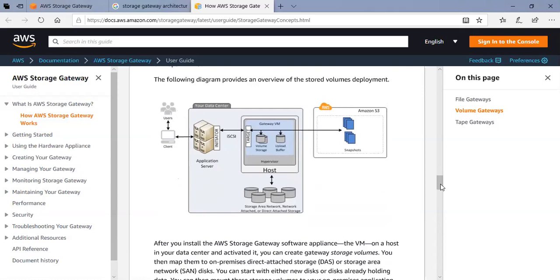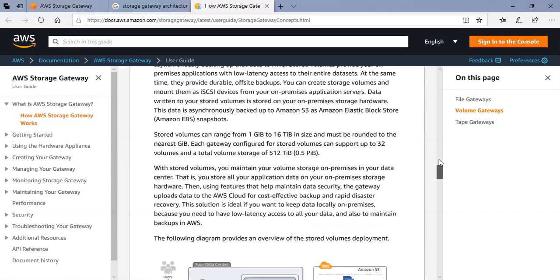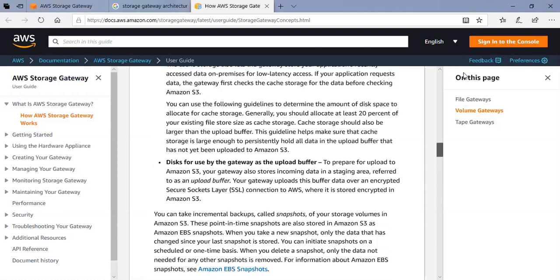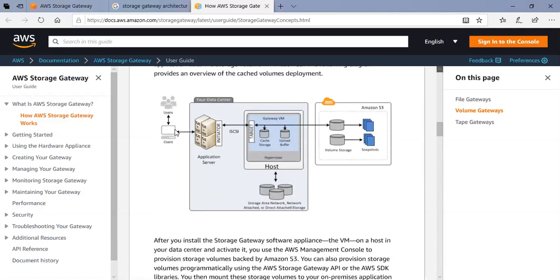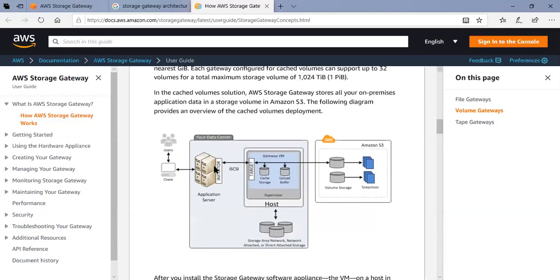Now look at the earlier use case. The architecture talks about normal storage, the volume storage. A client working on a server, it could be any server, generates some data. That server is connected underneath to the iSCSI port through the gateway VM. This gateway VM can put the data back into the SAN which is available locally in the data center.